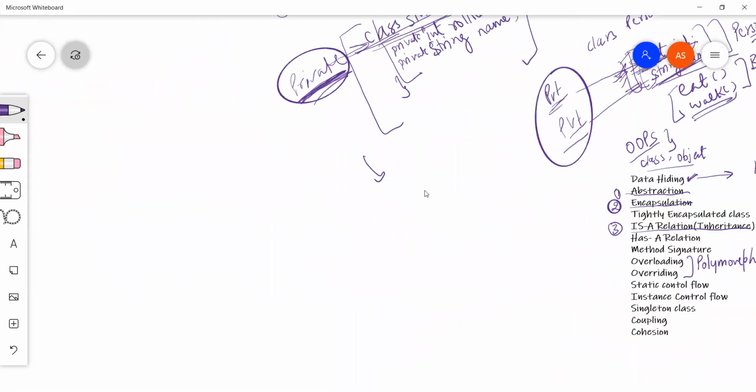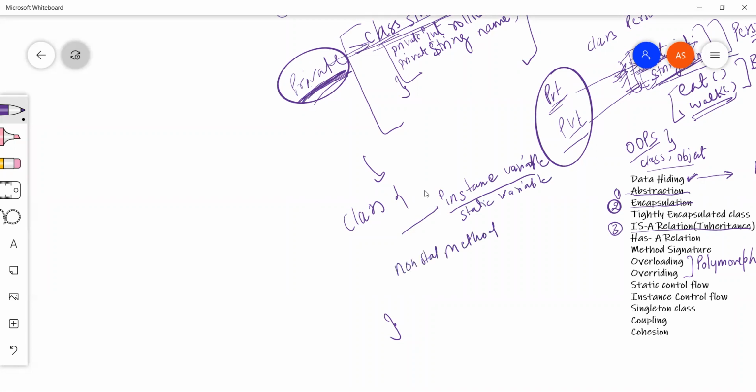So this is the class. In this class you can have an instance variable, and then you can have a static variable, then you can have methods, both types, non-static and static.